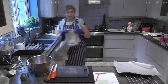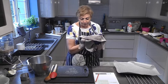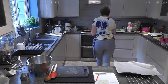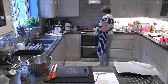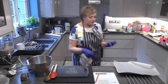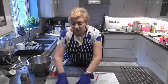Now, one thing is I just need to check the temperature of my oven because it needs to be cooked at 170 degrees or 150 for a fan. And I've got a fan oven, so I'm going to put my oven down to 150. And you want your oven to be ready and hot for the shortbread to go into. So my suggestion is you take a nice baking tin, you have a piece of parchment paper, you lay your parchment paper in there,